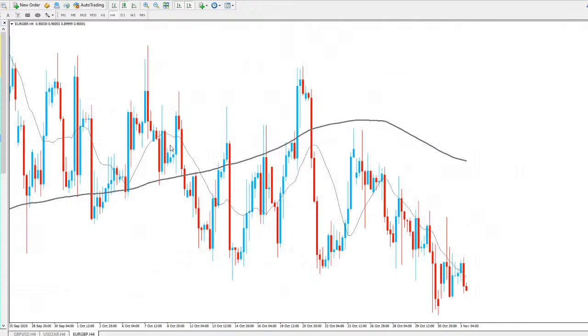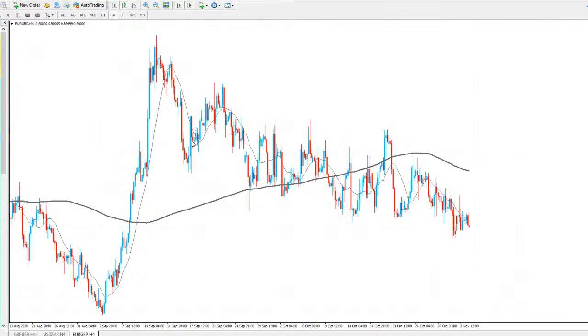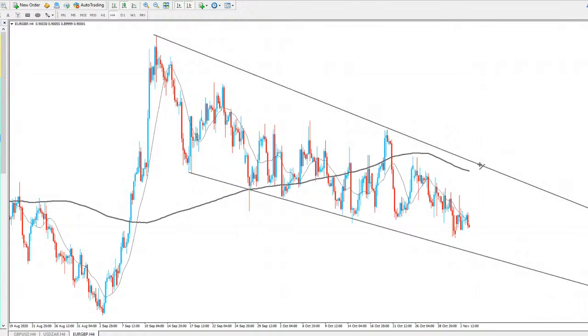for GBP/USD. Euro GBP. Now this market seems to still be in that corrective pattern. For me, there's no real trade there. Again, like I've been talking about for some time now, we do have this channel in the market. As you can see, we've got our lows, we've got the highs. Again, we're kind of in no man's land. So for me, from a swing trading point of view, there's no real trade for us there. Maybe if you're looking at scalping or day trading, maybe just look to buy from the lows, sell from the highs. But as of yet, from a swing trading point of view, there's no real trade for us,